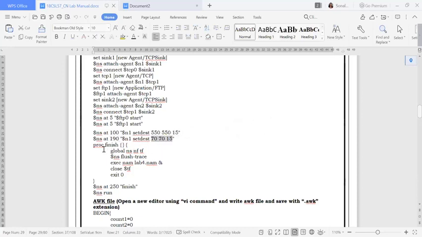Then we are rewriting the procedure part, where we globally declare NS, NF and TF. Then we are using flush trace. This is the executable of animation files, where it will get the address from this ampersand. Then we are closing the trace file and exit. All these things have to start at 250. It is going to start from the NS run and it is going to finish at 250 milliseconds of time. So this is all about your TCL program.